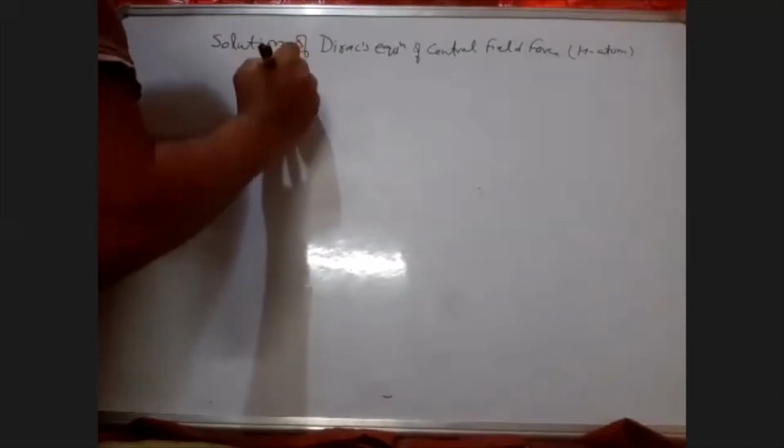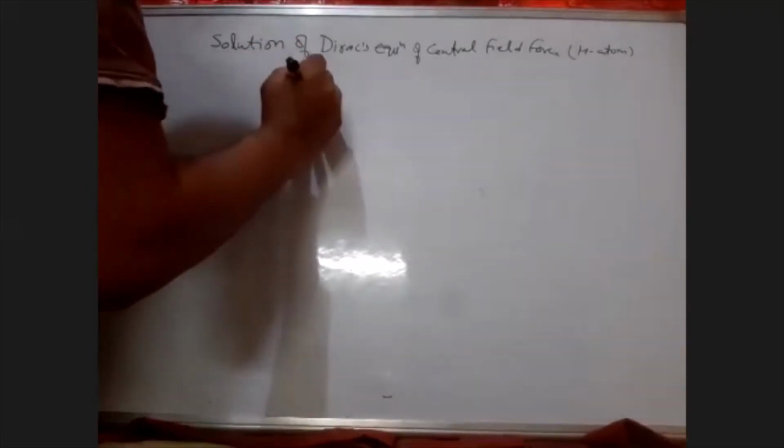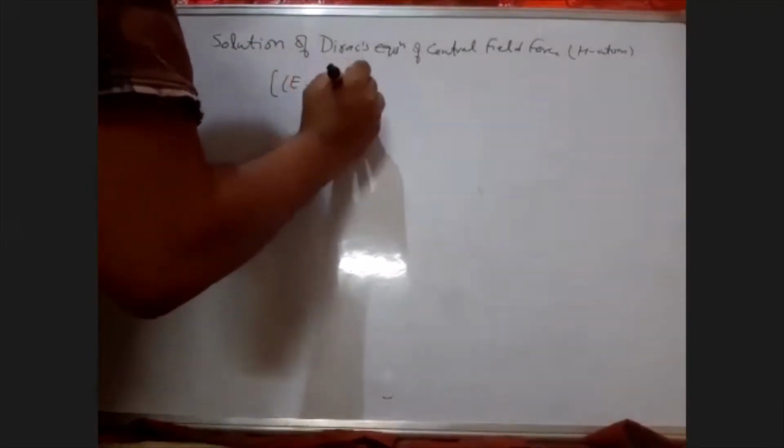First we have to write the Hamiltonian in central field force. The Dirac equation in central field force is (E minus eφ)...